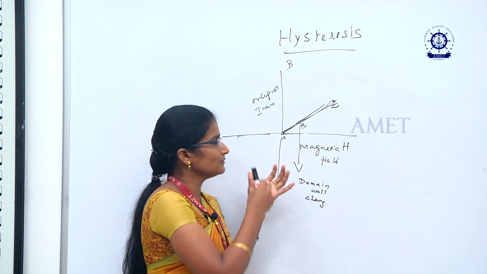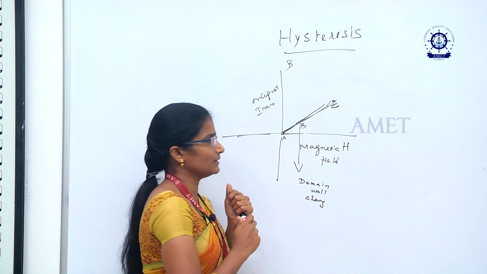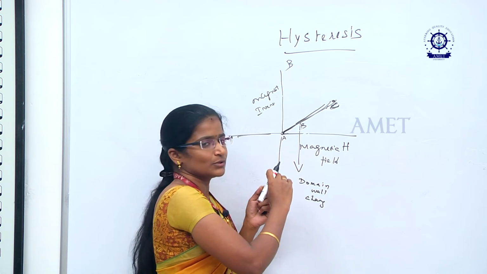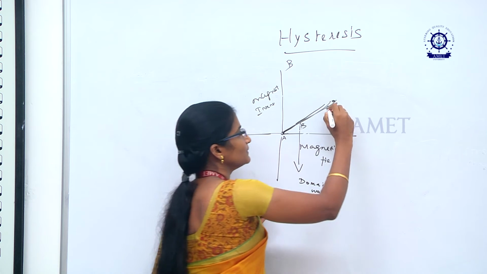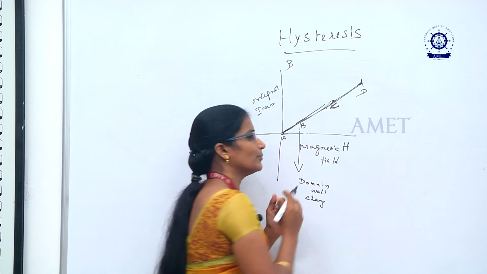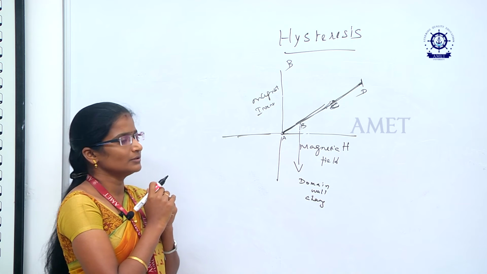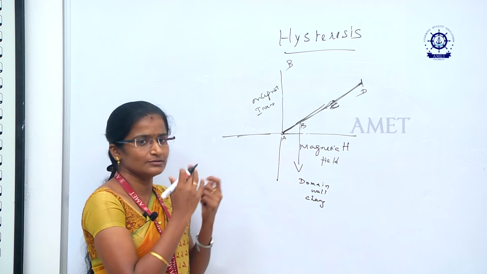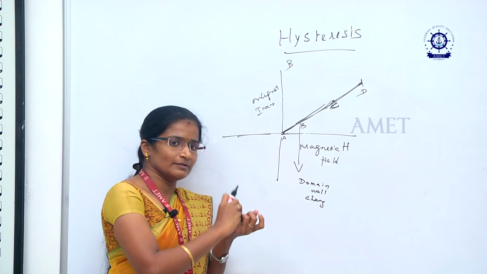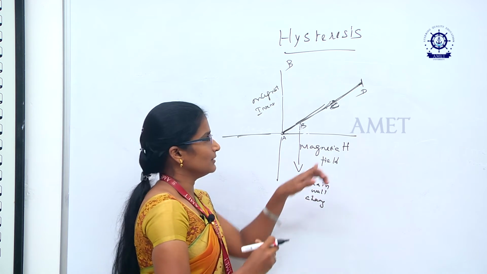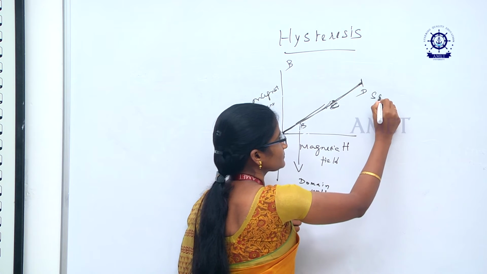This is the process we already discussed in the domain theory. So this is D. Further we are applying some strong field on this material. This gets the saturation point. Saturation point means after that point there is no change on the material. There is no change, whether the magnetic field decreases or increases, nothing happens on the material. That is called saturation.